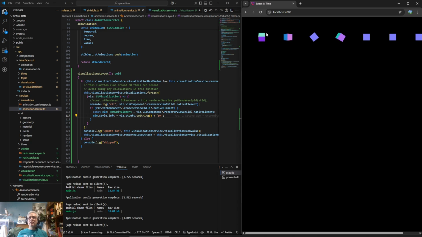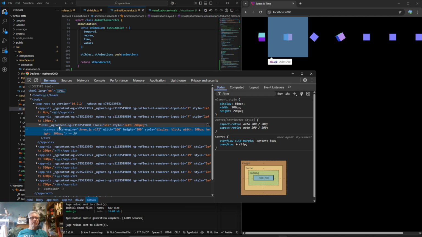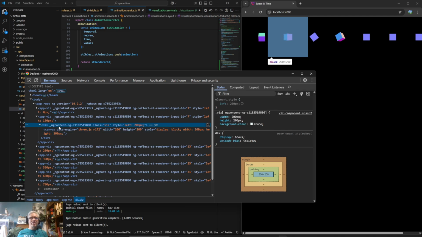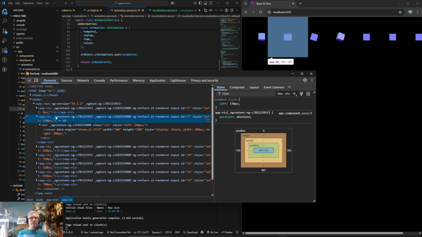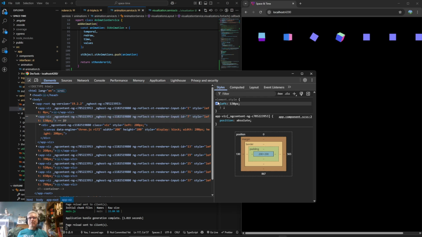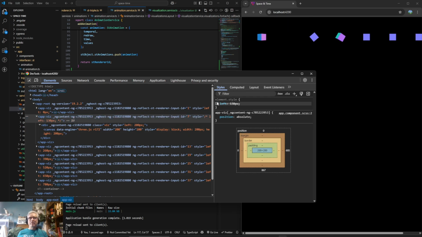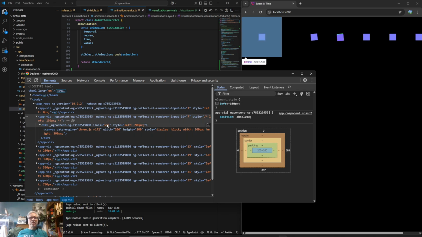Did it work? Are they farther apart? I don't think they're farther apart. Oh, that's because in my, well, it'll be good to look though. See the whole cat, this is all left is 200 px. But this guy up here, he's two. So what happens if I get rid of that? See, it ended up, so app viz. I ended up changing this thing, and I didn't want to change this thing. I wanted to change its parent.